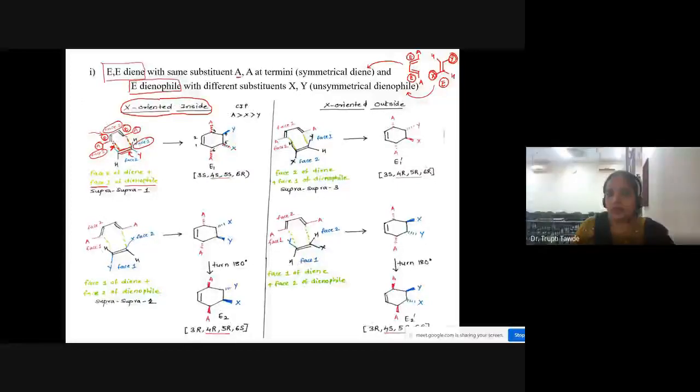Okay, if x is below the plane, the y will be above the plane। So this is the product which is obtained when x is oriented inside। ओके, अब उन्होंने क्या किया है, ये a x and y को they have given the priority, it is just given for the sake of example। So a is having higher priority, then x is having the next priority and y is having next priority। तो अब तुम अगर CIP rules use करोगे, so accordingly you can give the configuration to that। okay, so here अब क्या किया है, दिस इज सुप्राफेशियल इंटरेक्शन है, बट दिस इज वन अप्रोच। नाउ लुक एट द सेकेंड अप्रोच। सेकेंड अप्रोच क्या है, एक्स इनसाइड ही है। ओके,